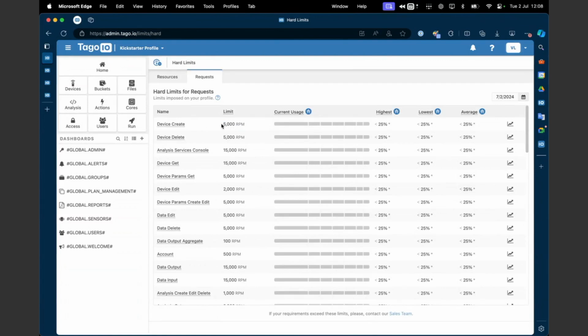And by the way, if you are close to this, you can open a support ticket for us so we can maybe raise this for you depending on how you are using it, or give you recommendations on how to get this lower